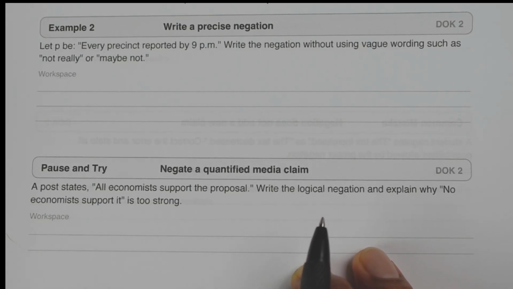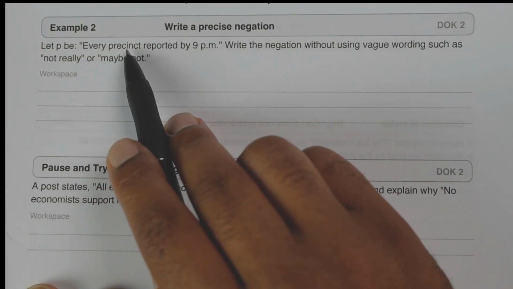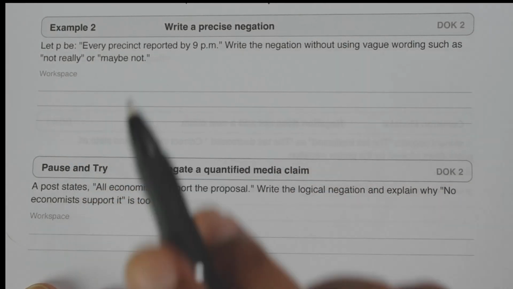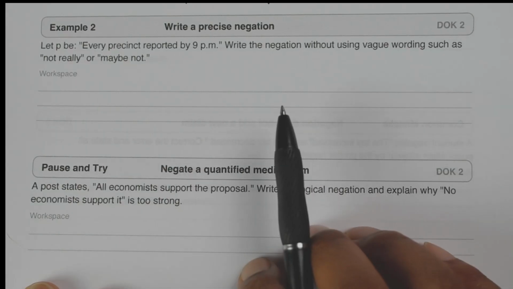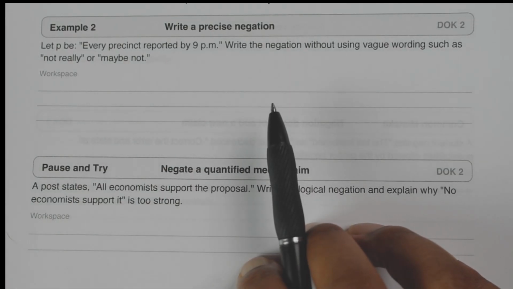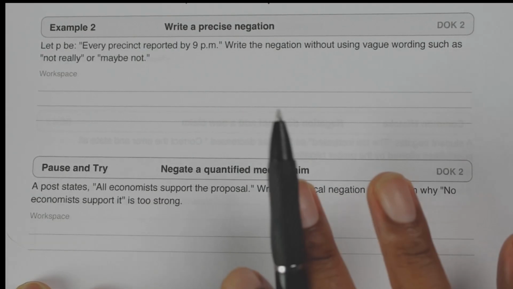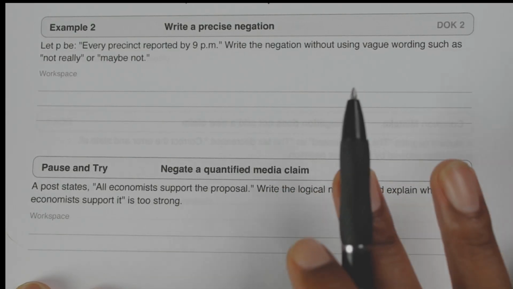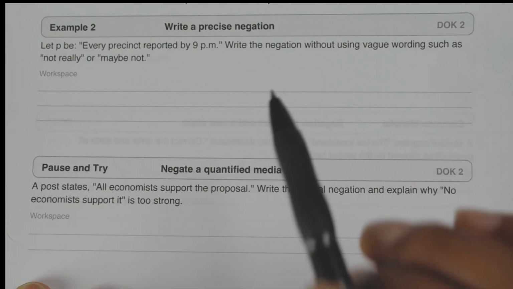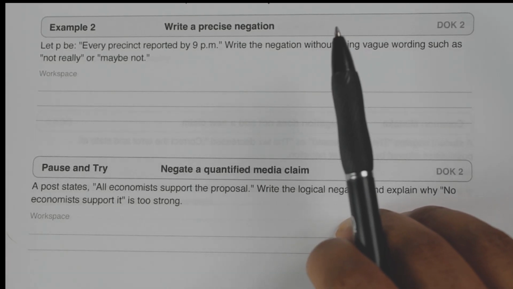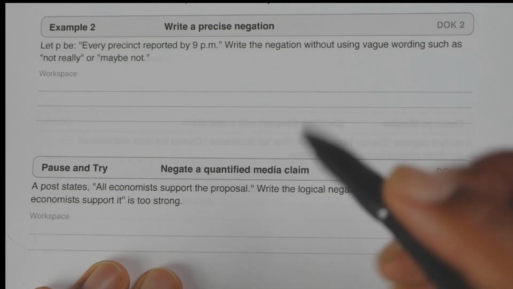The original proposition is that every precinct reported by 9 p.m. For that statement to be false, we don't need every precinct to fail. We only need one exception. So therefore, the negation of P